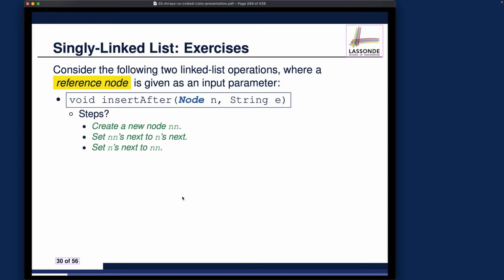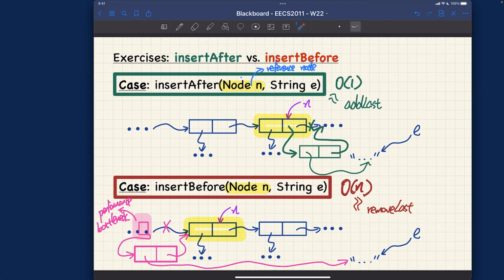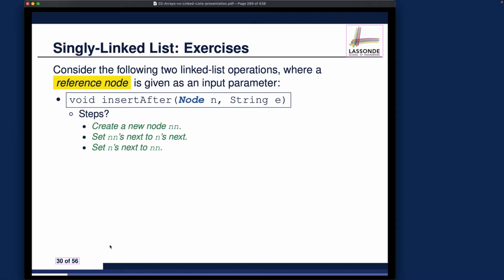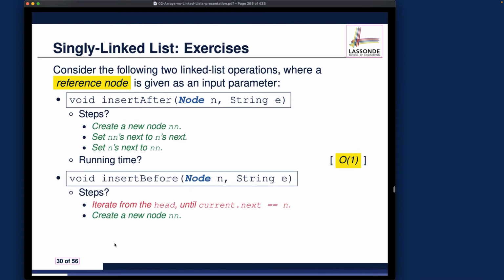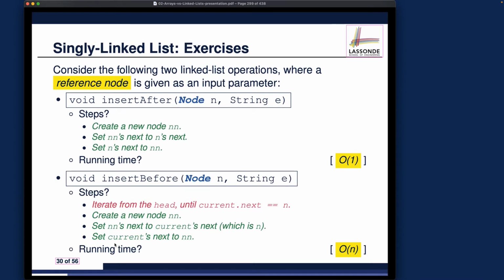But if you consider the written text over here together with the visual hints I gave you, you should be able to implement the correct algorithm for these two methods. I'm going to leave them to you. One is constant time, the other one is linear time, as I explained. So that's about the two exercises I would highly encourage you to really complete,